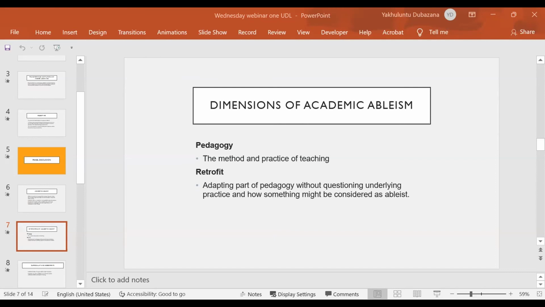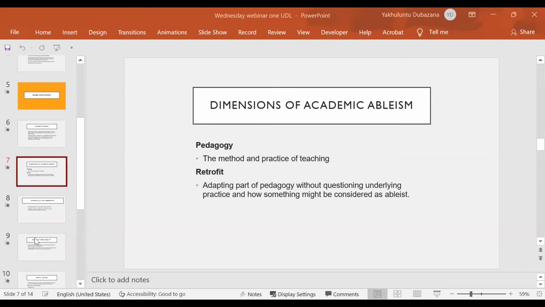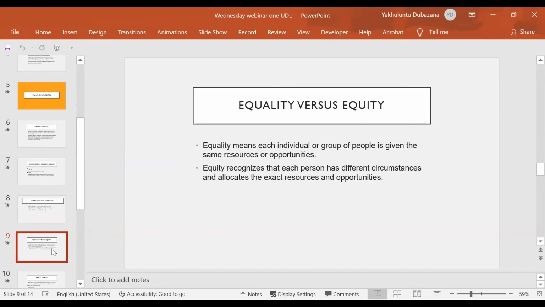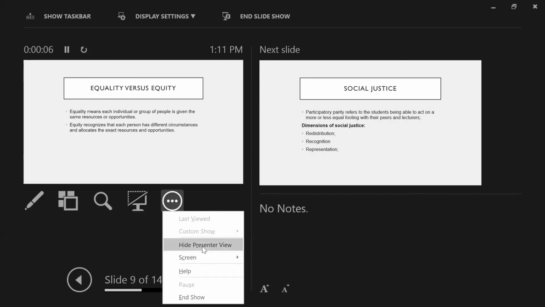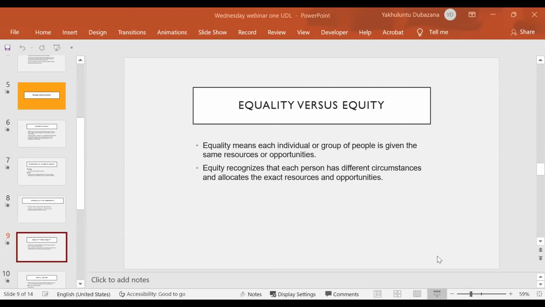With what we are hoping to do with SILT and us as the ETA, working with lecturers, is to promote equity, where we look at the person as an individual and ask how we can ensure that they access the academic